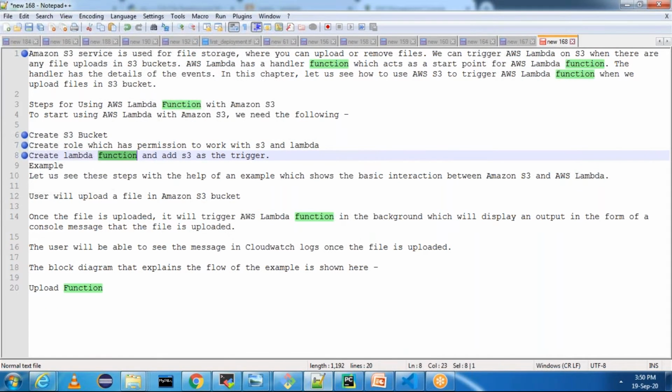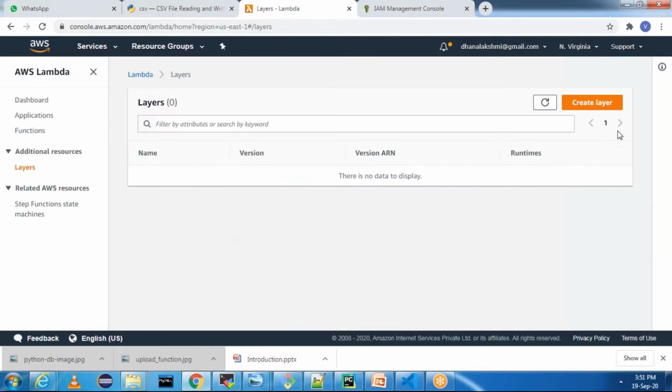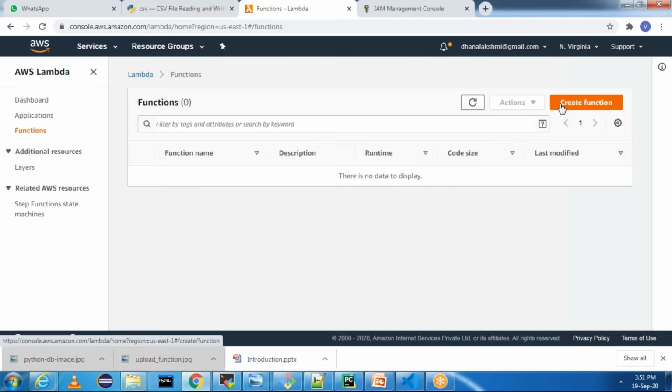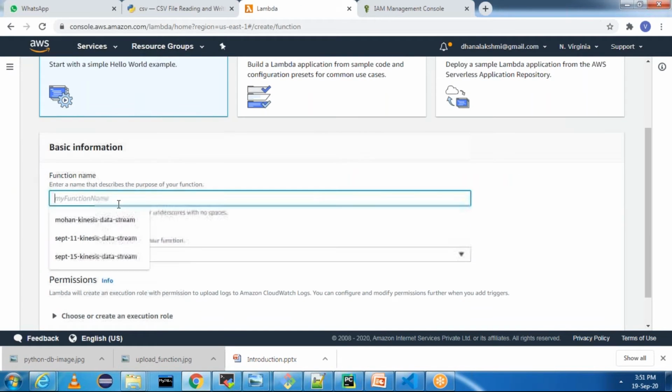Now we need to create a Lambda function, and we need to add S3 as a trigger, and we need to write the logic to read the CSV file. Perfect. Let us go to the Lambda screen and go to Lambda functions and create a function, and name this function as load or read data from Amazon S3.